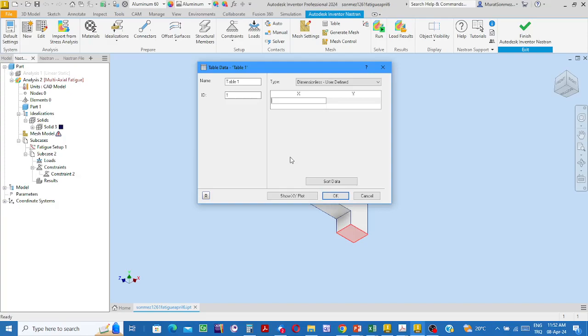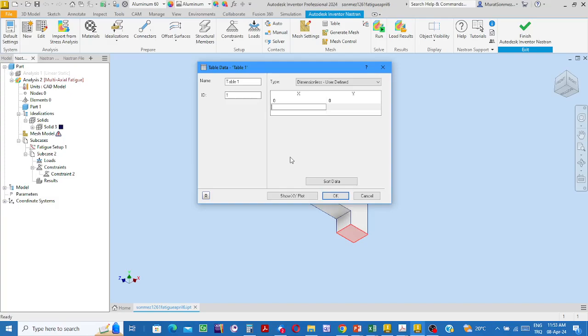is to write the instant at the beginning of the cycle. Time is 0. Click on tab, and along the Y column, write the factor. That factor is used to find the magnitude of the dynamic load at that instant of time. But at the beginning of the cycle, the coefficient of force is 0, the magnitude of the force is 0, so the multiplicand factor is 0. Click on the tab key, and